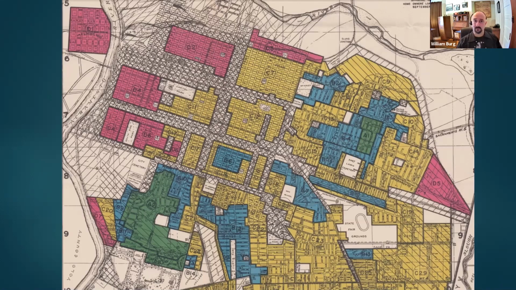And many of those were physical. Is it near factories or other industrial uses, near railroads, near environmental risks? But the biggest factor was generally race. And so this is a redlining map, as they're called, of Sacramento. This was done in the 30s. The areas in red are considered redlined, and this is not a place where you can get a home loan from the government.